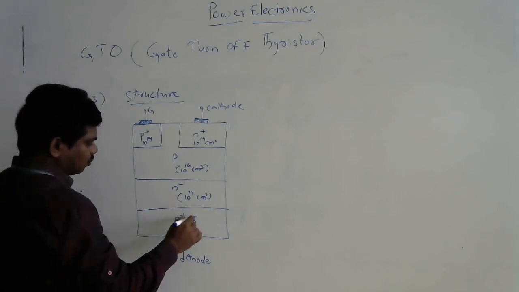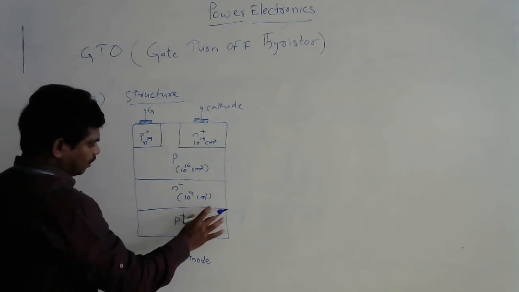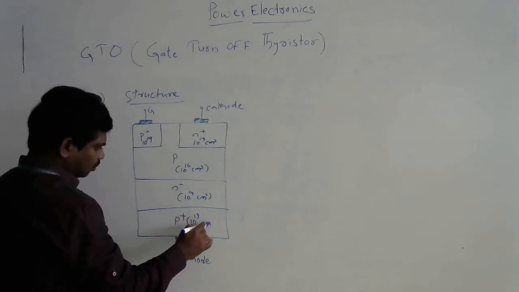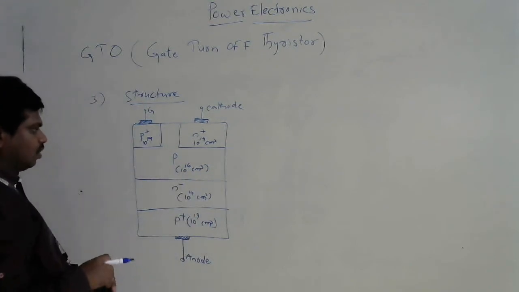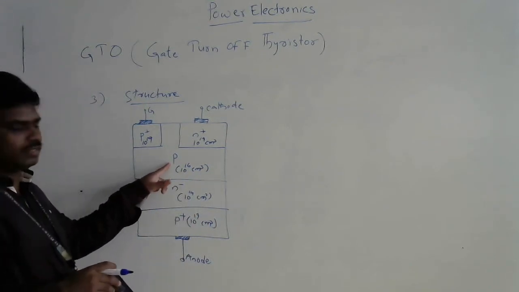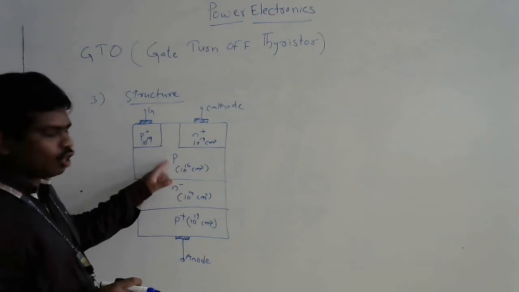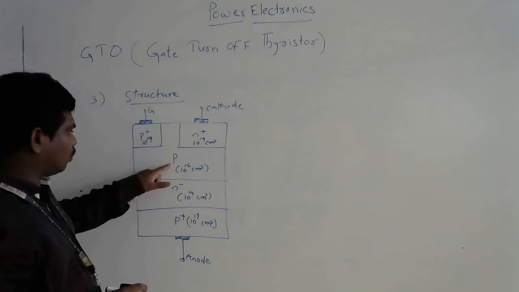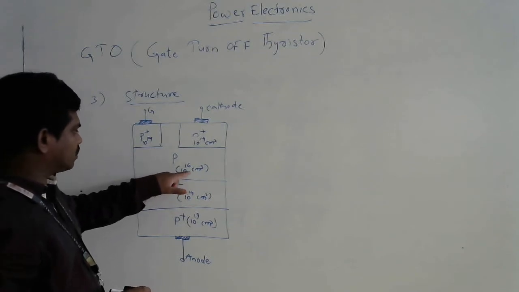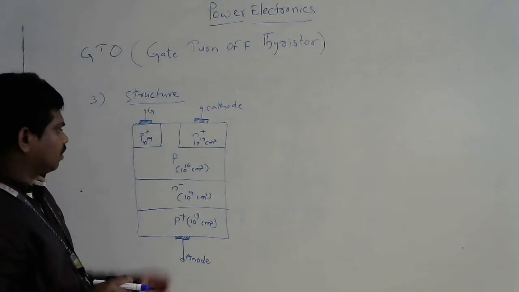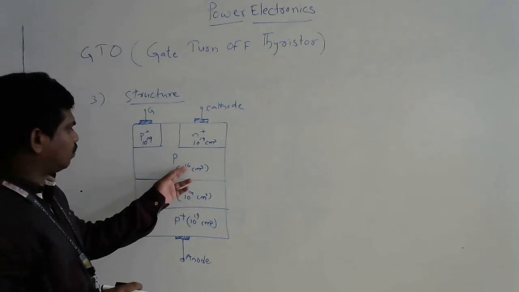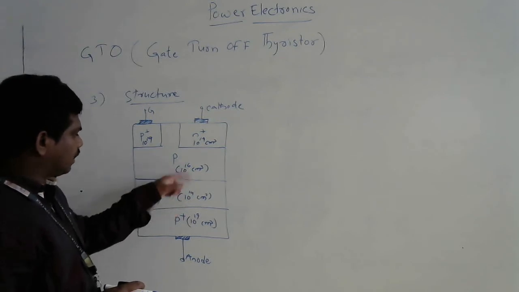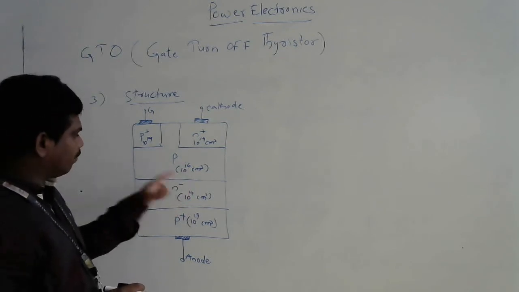It is very easy to remember these doping values. Okay, I will tell you how to remember these values. Look at this. You take a reference normal doping value. This p-type layer is normally doped, which means at this portion the device is normally doped, at 10 power 16 centimeter cube. So 10 power 16 is going to be reduced. The power is going to be reduced 2 times for n minus.